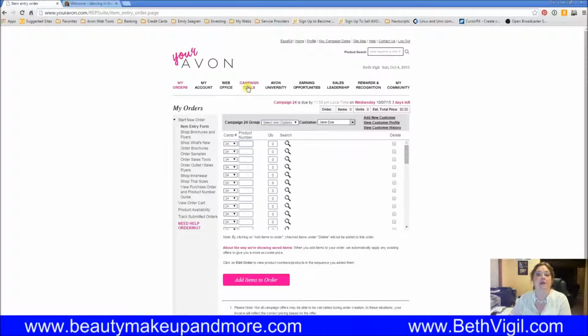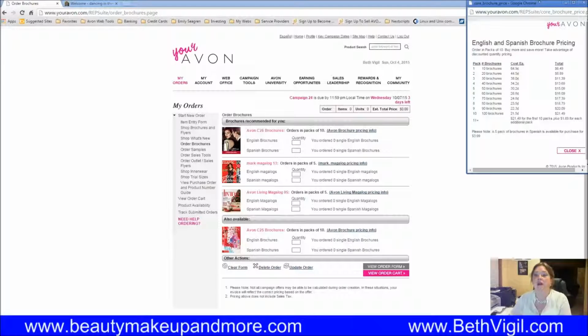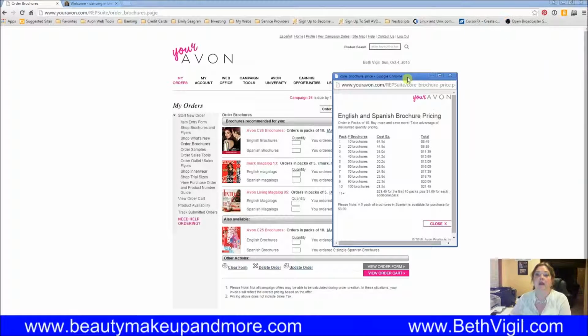I'm going to go back to my order form, see what else. Let's see. Order brochures. Not sure how much they are. Just click on the pricing info and you can see the different prices. You'll notice that the more you buy, the cheaper they are. And it actually tells you over here your price per pack if you're buying